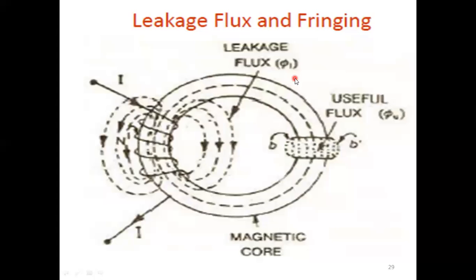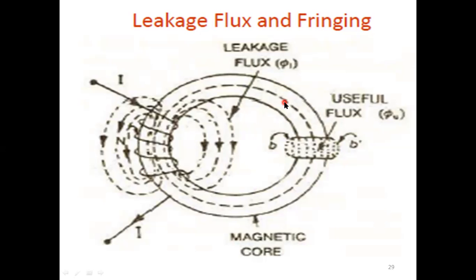These two points we have to clear first. Later we will go for the fringing. Here, shortage can happen, and by shorting they can create this path, that is not useful at all. So the flux which is not useful, that is leakage flux we are going to consider. The center of the core, whatever in the intended path the flux will flow, that is useful for the other processes. So that flux we are going to call useful flux. Is it clear?